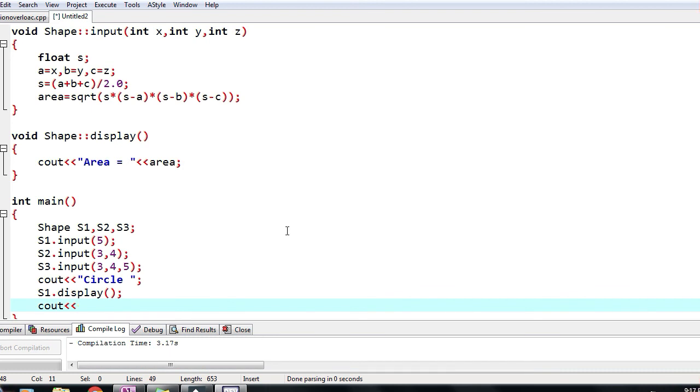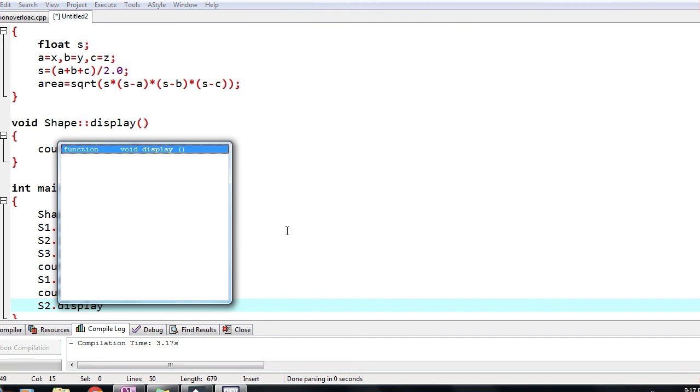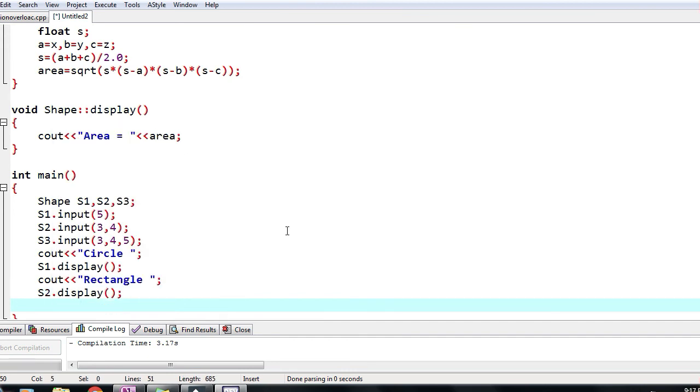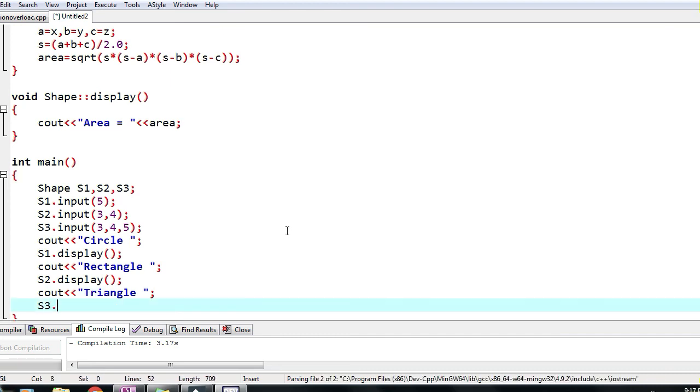Next is cout rectangle, S2 dot display function. Next cout triangle, S3 dot display function. So here if you observe,